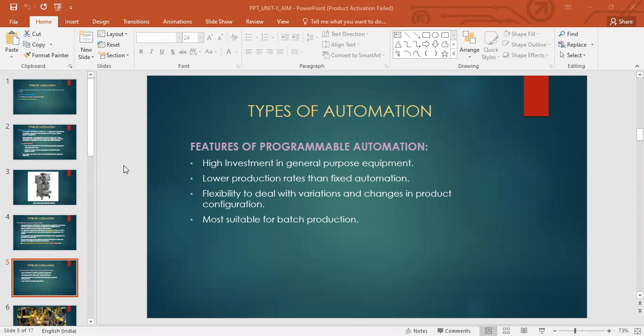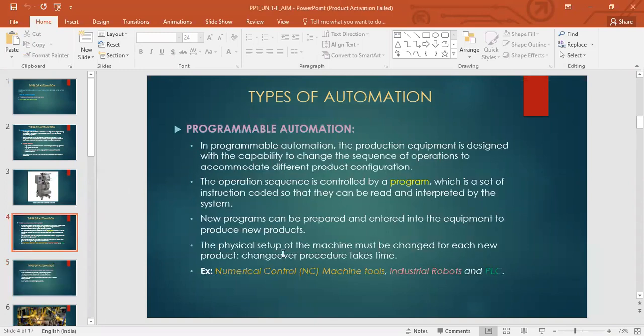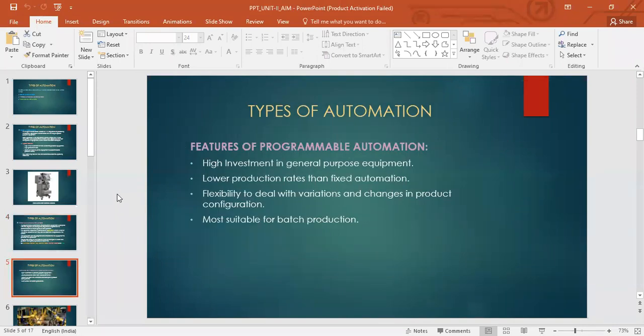You see, because there is change over time, isn't it? We saw here that there is a change over time required between different batches, right? So that's why you have lower production rate. The fixture, I'm sorry, the tool has to change, the tool setup, program feeding time, etc., right? So all of that means there's a relatively lower production rate. Okay, it's not lower as in very low, but there's a comparison here relative to fixed automation.